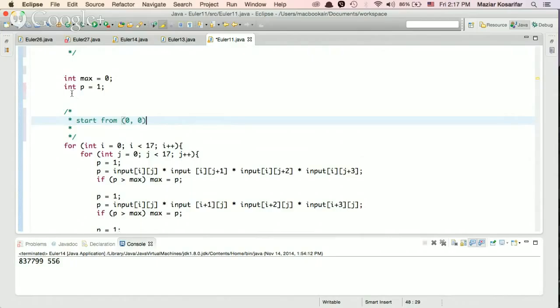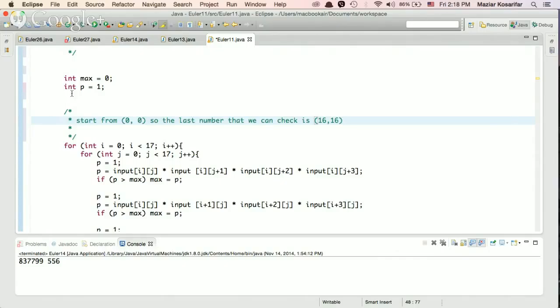and 0. So the last number that we can check is 16 and 16. Because we are going to each time check the next 3 numbers. So the last number that is not out of the index of our array is 16 and 16. But for the one that we need to check diagonally